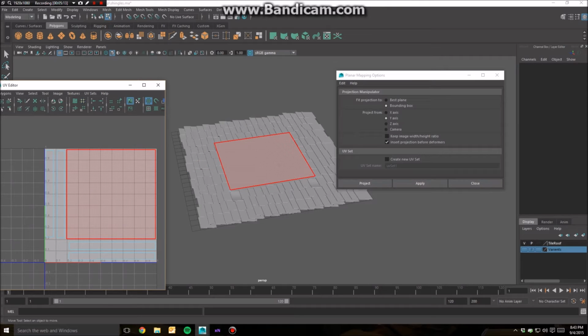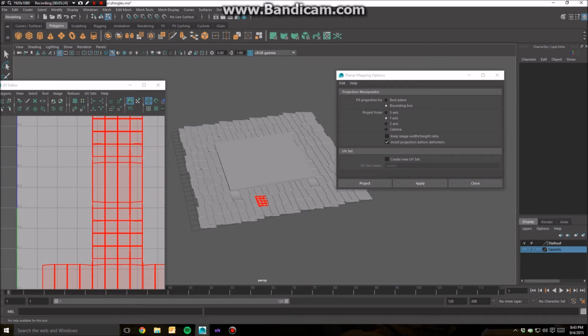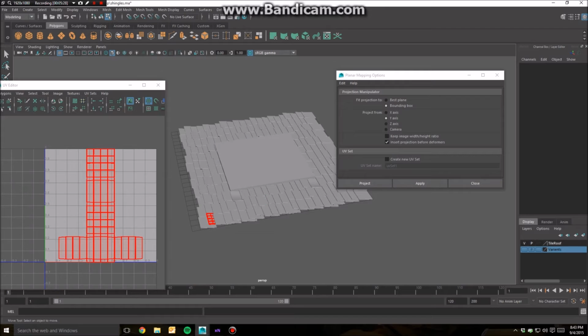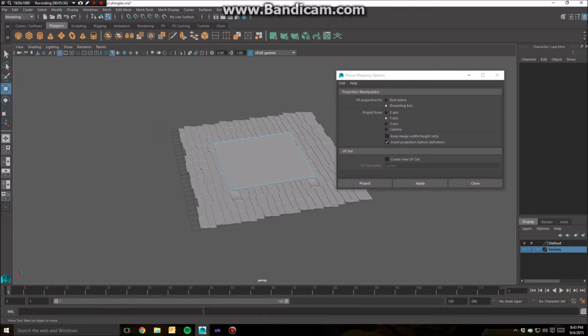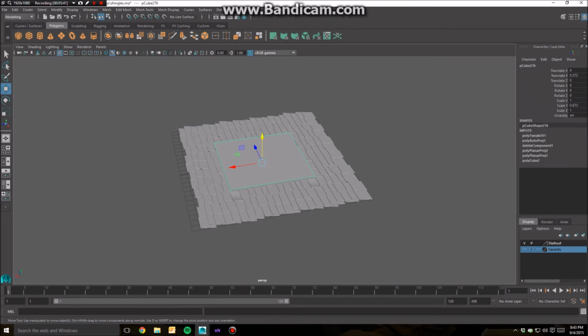Okay, so I have a really quick UV map of this box. It's really important to have the UV map at this stage. You don't need to have these individual tiles UV'd. It looks almost undecipherable anyway, so you don't need to worry about it. So we have this. Now what we're going to do is we're going to grab this object, throw it into